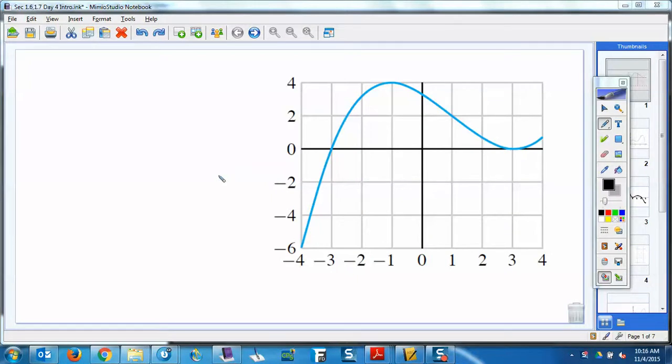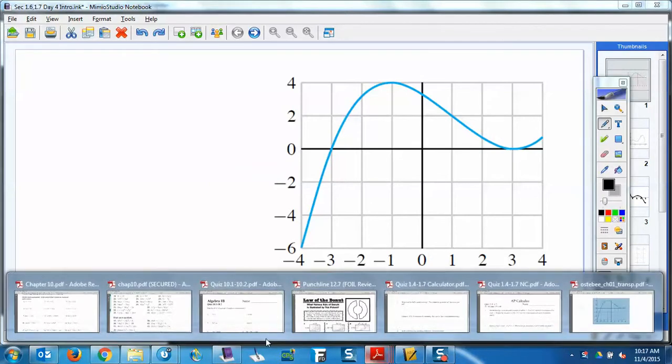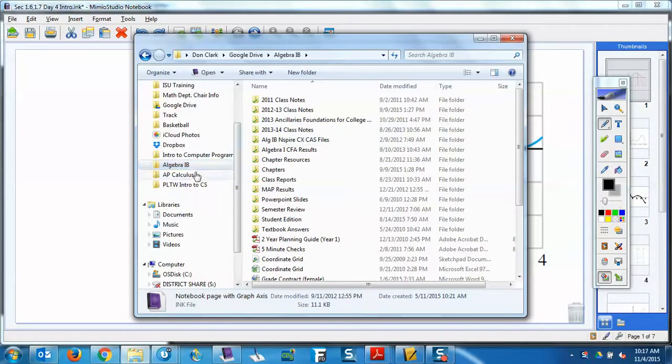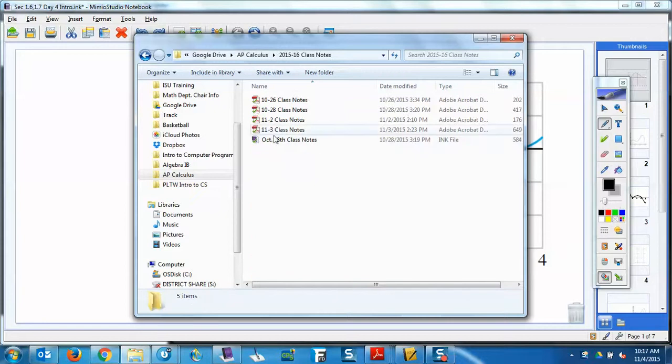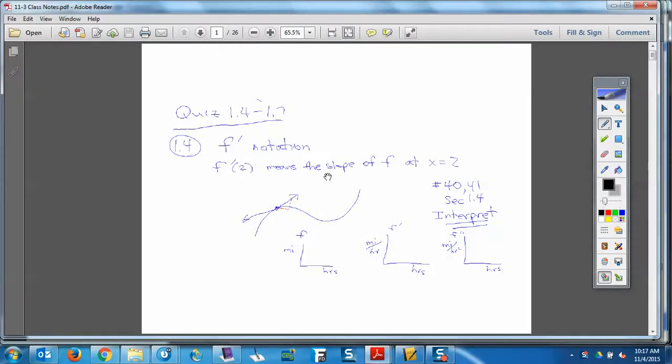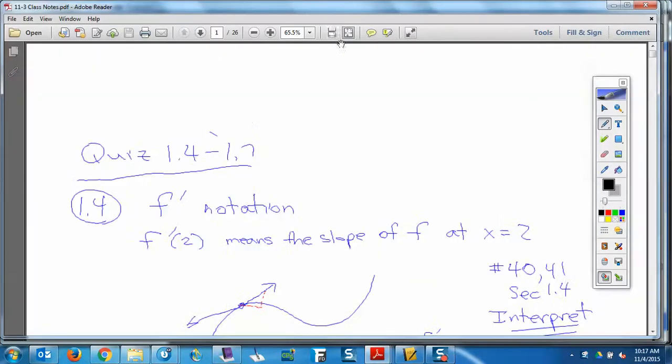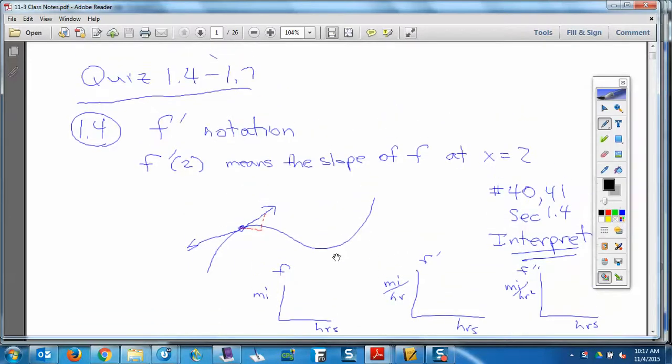Let's take a look at this homework here. The quiz, the notes we took for the quiz yesterday. If we look at that, let me find it here. Algebra 1B, that would be the wrong class. So yesterday, we wrote down some notes for what we should be able to do for the